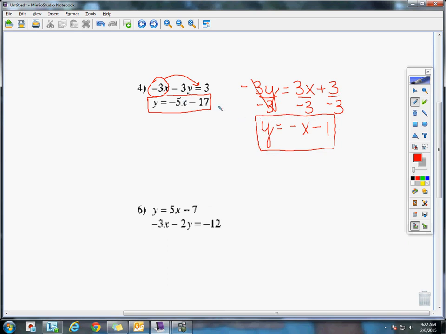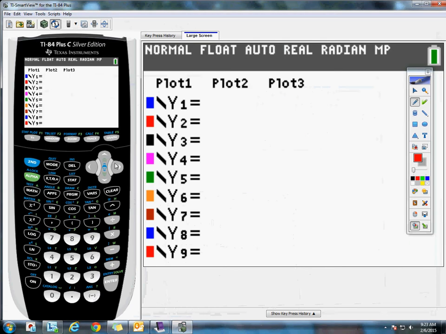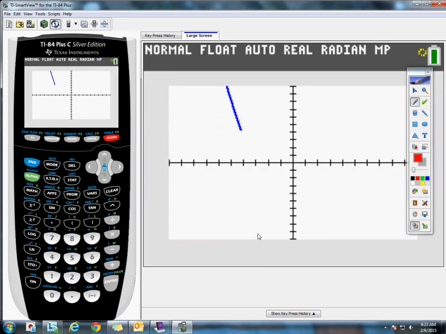Once you have both equations in slope-intercept form, we're going to put these into the calculator into y equals. So the first one is negative 5x minus 17. And the second one is negative x minus 1. So we're going to hit graph. There's my first line. There's my second line. So these two lines intersect in a point, and to find that point, we're going to